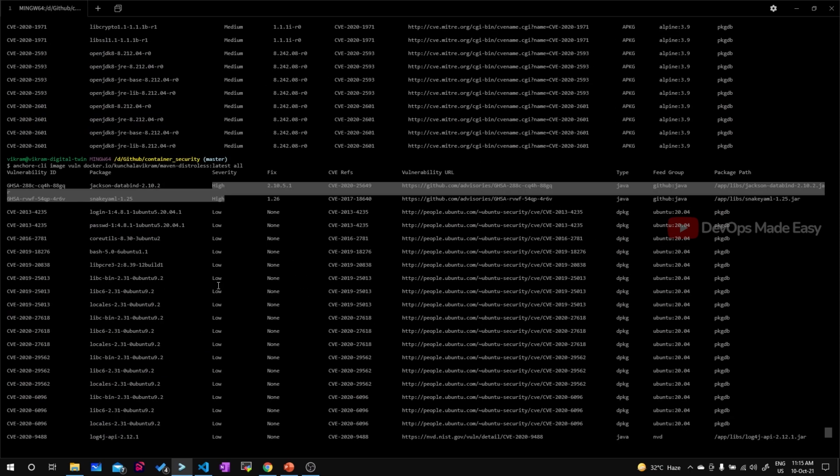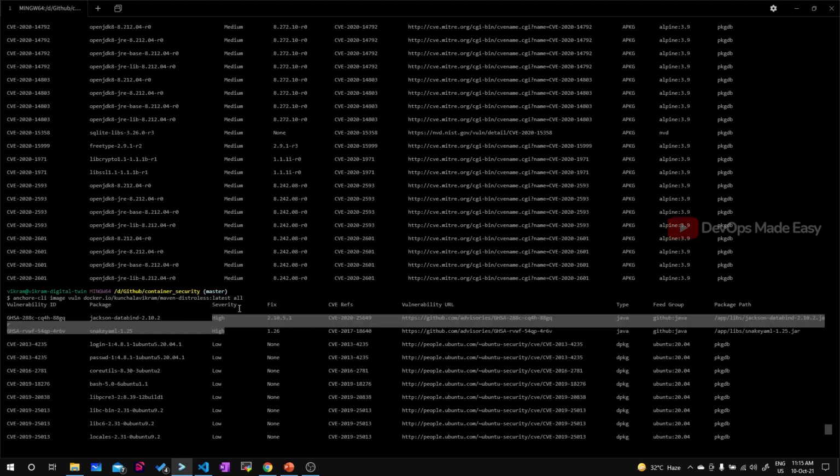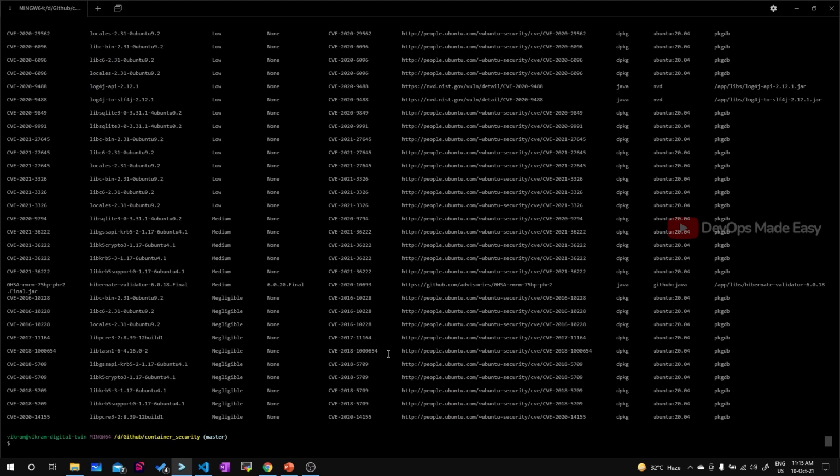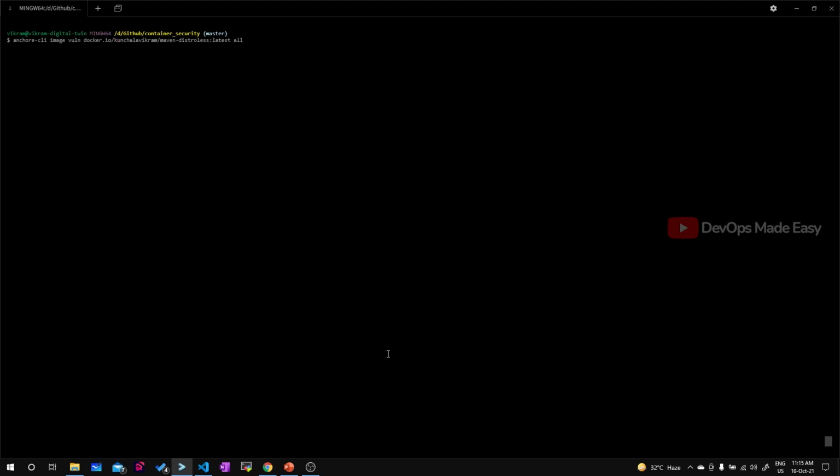Okay, so this is the difference between using a distroless image and the Alpine or single stage builds, where I can reduce the number of vulnerabilities that goes into a Docker image. So now what I will do is I'll just run policy check on top of distroless image with Anchore CLI evaluate check option, and then just remove the all.